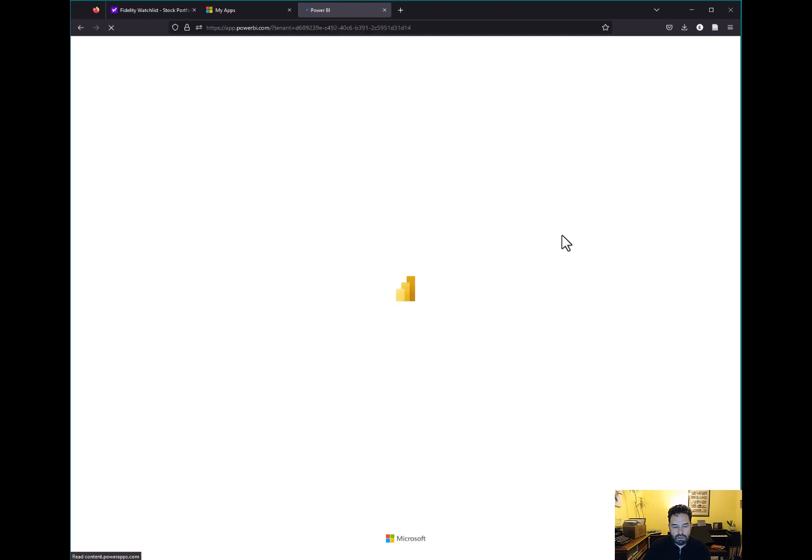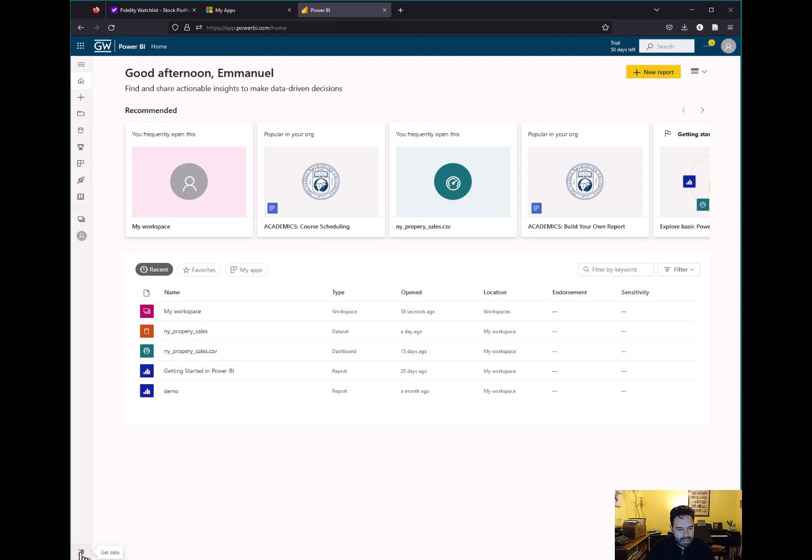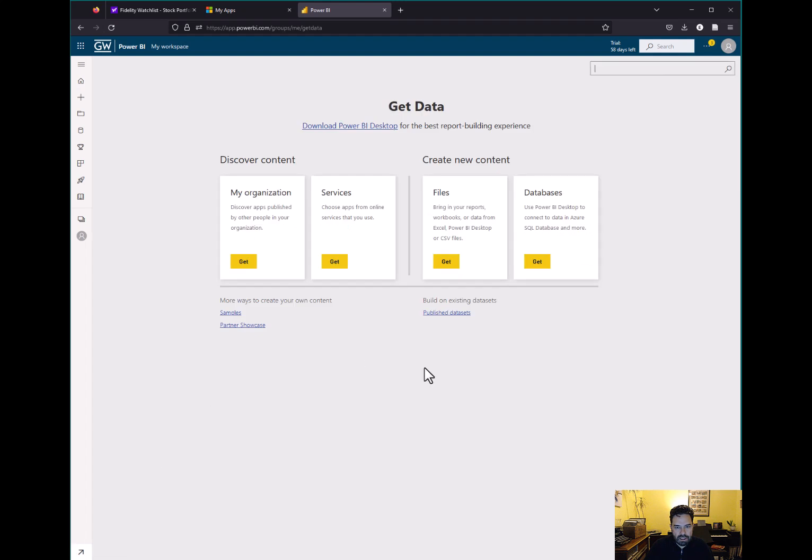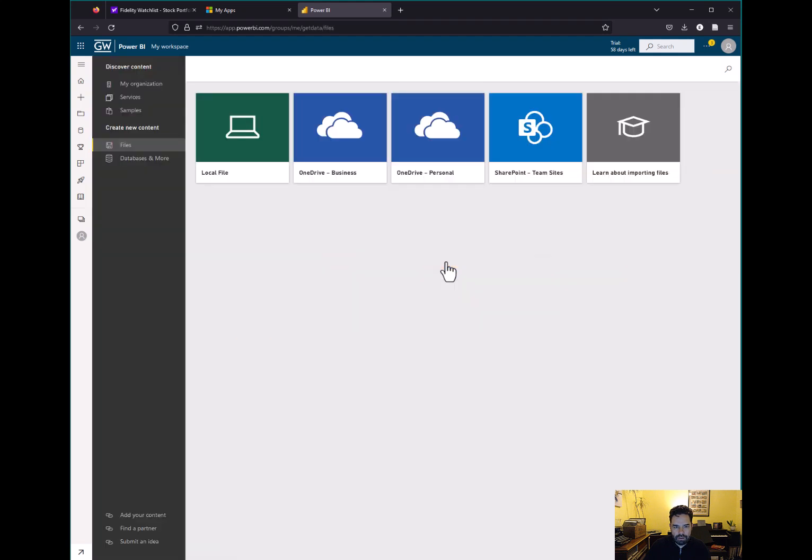and then from there, somewhere down here, there should be a tab, Get Data. I'm finding that this looks different on different operating systems, or different people's accounts. The way of getting to this page is slightly different. But you'll see something like import new, or an arrow here, or an icon saying get data or import data. And basically you just need to arrive at this page, and you'll see an option to create new content through files or to upload from files. And then you want to click on that. You want to go to local file,